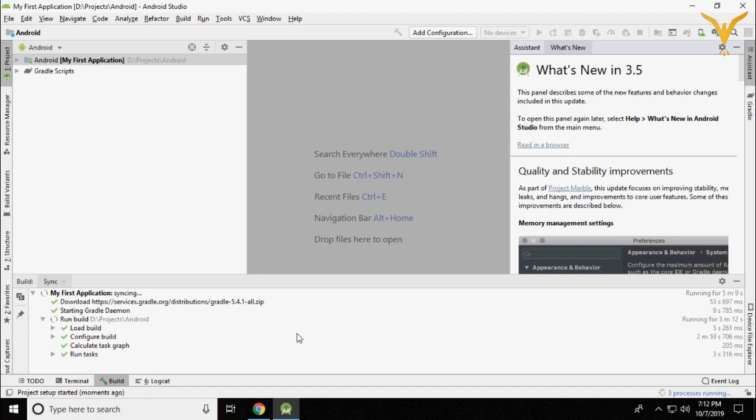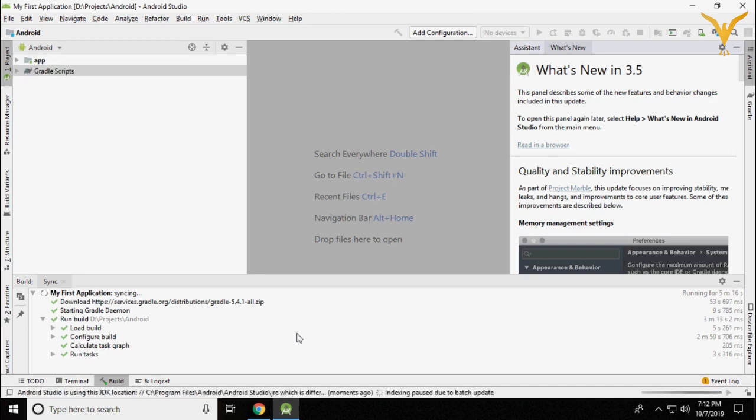Yes, we are all done with the first application. We have got all green tick marks. That means everything is perfectly initialized. So we are done with the project creation. Now next step is to run this project. For that we will require one emulator, one dummy phone with the platform of Android. So in the next video we will create the Android virtual device to run our application.